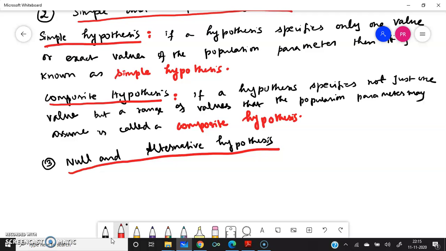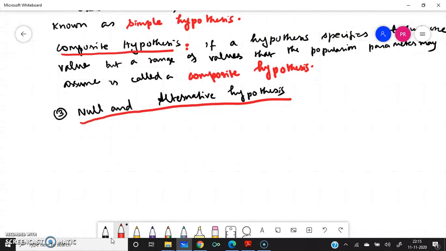In order to know about the null and alternative hypothesis, you should know what the word null means. Null is equal to 0. So that is what we can say: that which is equal to 0, we call it the null hypothesis. Alternate means which is not null. So in order to learn about null hypothesis and alternative hypothesis, we call upon logic in mathematics. How this is framed, first we'll try to understand. Logic, especially the truth table, is used here.